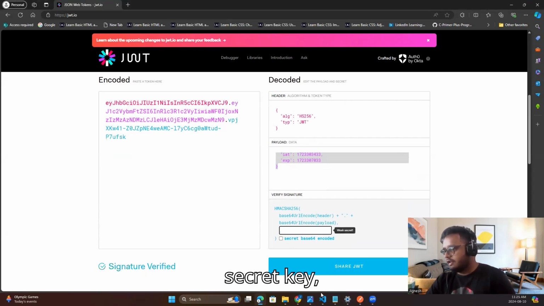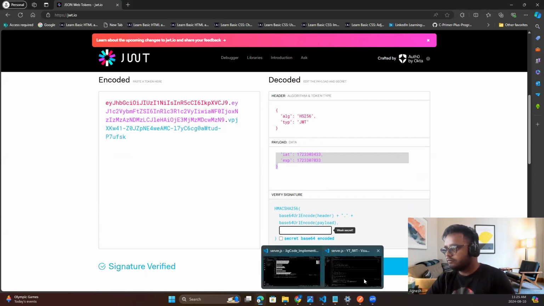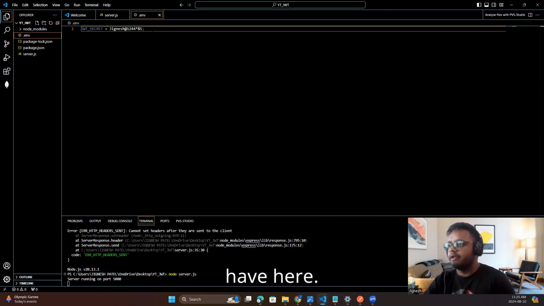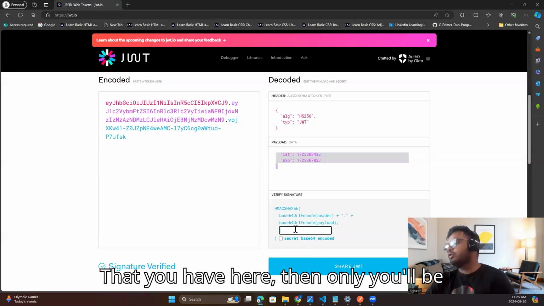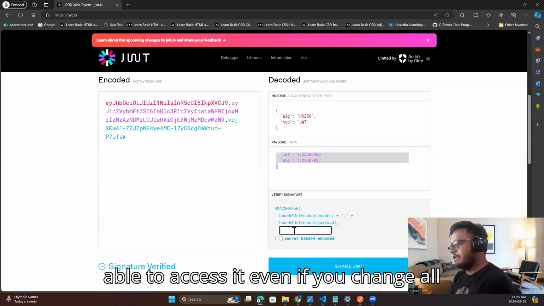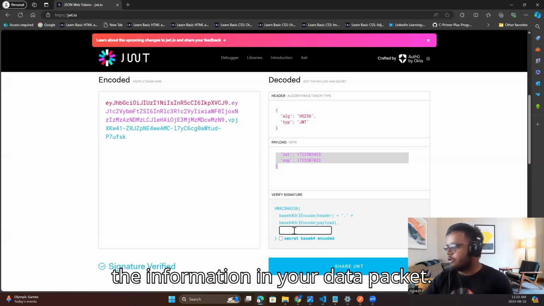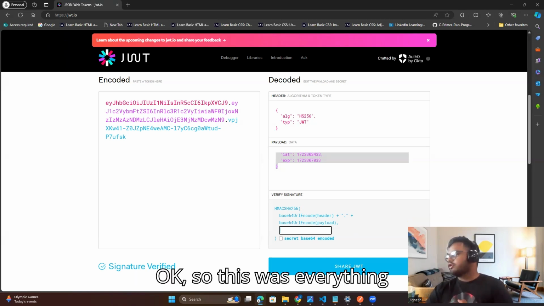If you paste your secret key that you have here, then only you'll be able to access it, even if you change all the information in your data packet. Okay, so